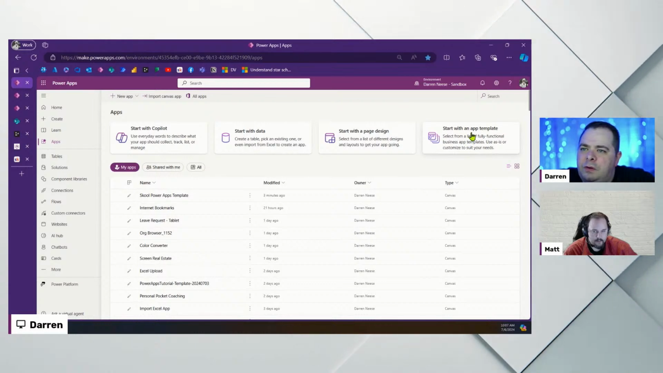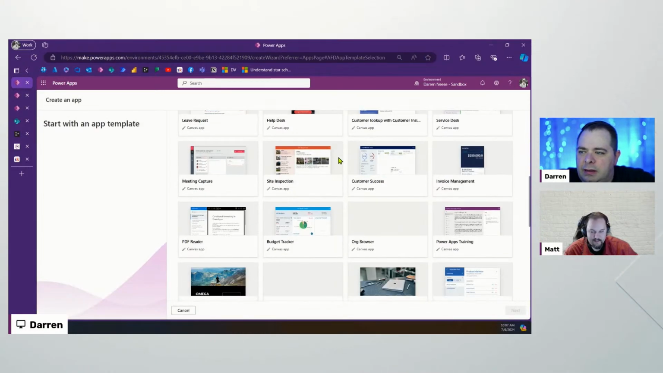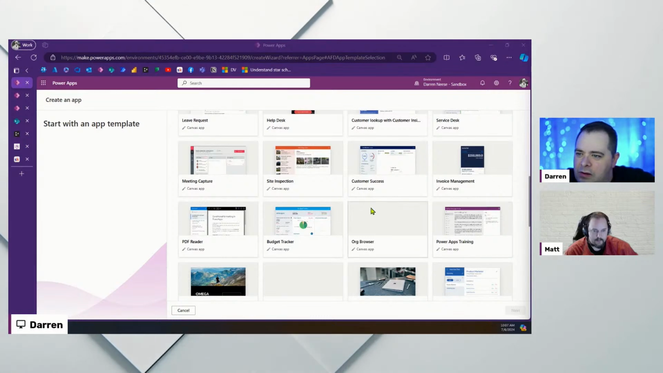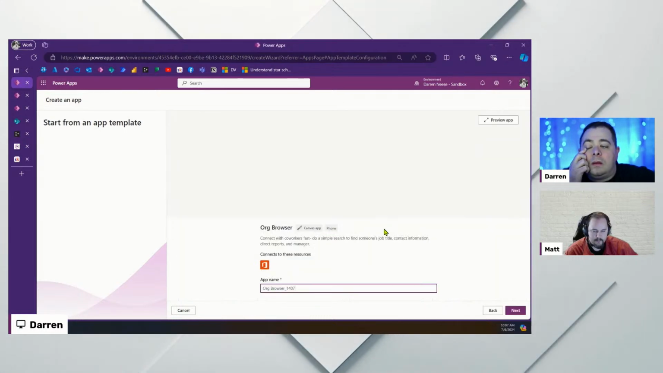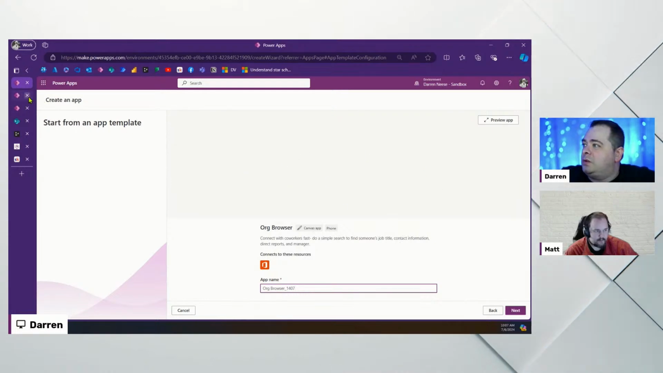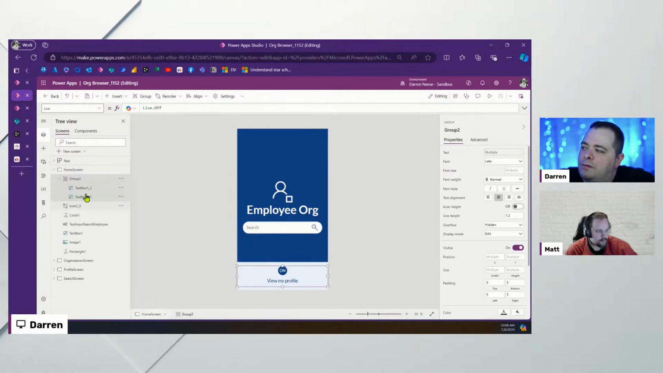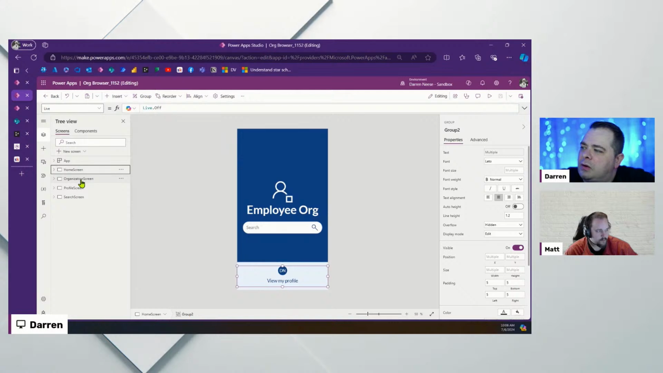But if you click on Start with an App Template and you scroll down, you're going to see eventually something called Org Chart. Okay, so I'm going to click on that. And that's how you can get to this application template. You'll get an app that looks like this, and you could go click on your profile. So if I go to organization